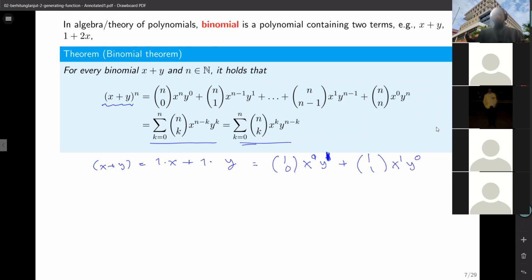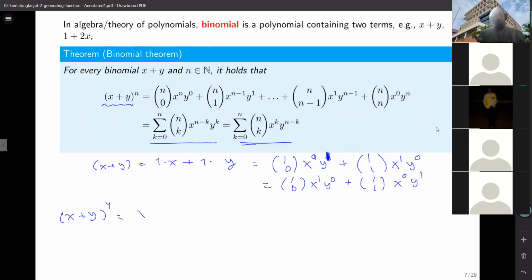Now, of course, the other way around is fine, right? All is just the same, of course. Now what about x plus y to the power of 4, for example? Then this is actually